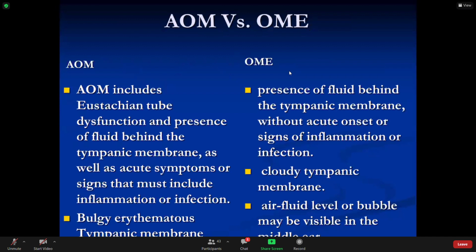In fact, if you compare both of them, in acute otitis media, where the eustachian tube is not working well, then symptoms become overt. With a bulging tympanic membrane, you may see the child may have an elevated temperature, probably over 104, the COVID temperature that they're talking about, or really, really irritable, really febrile, very ill, very uncomfortable, and will be having a lot of pain. Whereas in otitis media with effusion, the eardrum may look a little different. It may have liquid in the middle ear, but the signs and symptoms